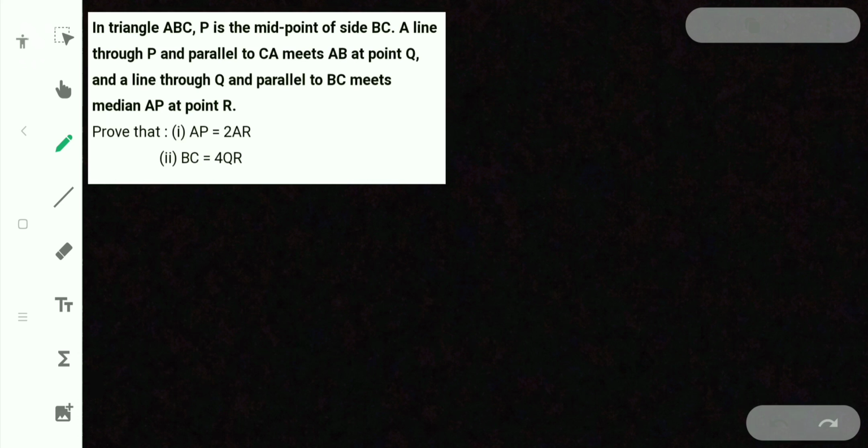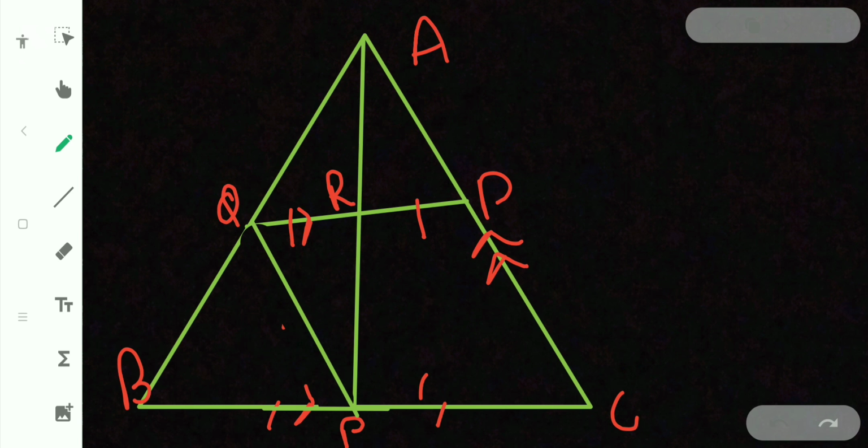For this we have to draw a small construction that we have already done before, but now I am saying RD. As before we should have only drawn till here, but I have drawn till here, and that construction was done before. If we have not done it, you can do it now. RD we have to draw, and it is parallel to BC.